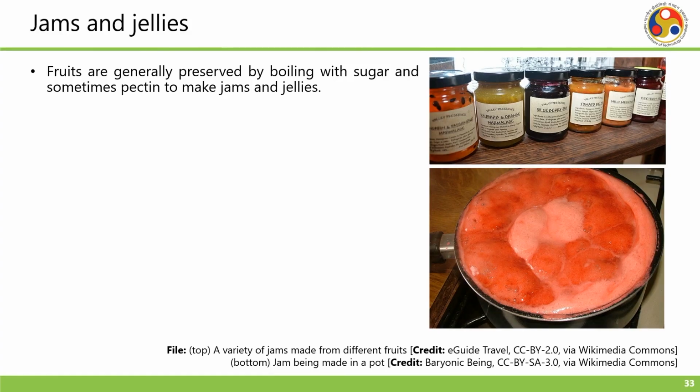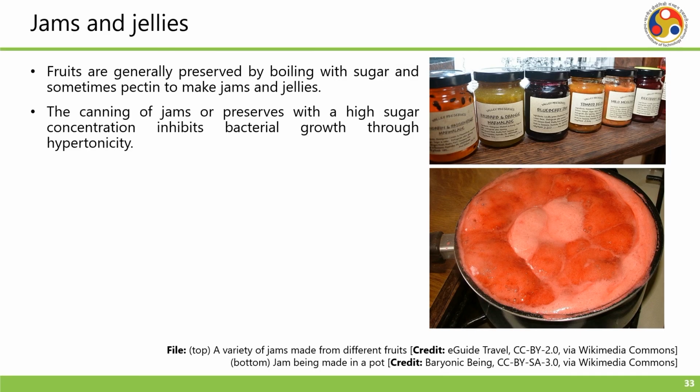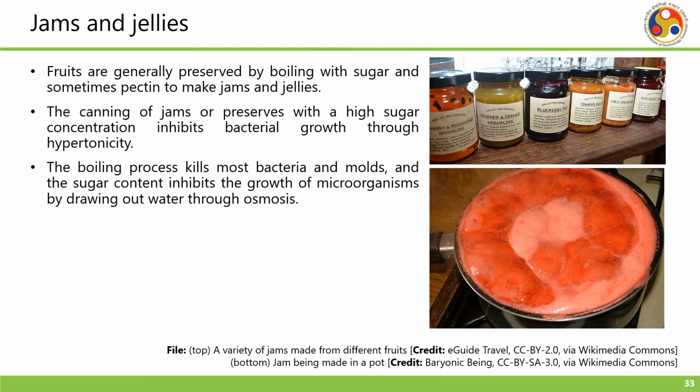Similar to salting, the use of sugar, a high concentration of sugar, can also control microbial growth. For example, we see in jams and jellies, fruits are generally preserved by boiling with sugar and sometimes pectin to make these jams and jellies. So, the canning of jam or preserves with a high sugar concentration inhibits bacterial growth through hypertonicity. The boiling process kills most bacteria and molds, and the sugar content inhibits the growth of microorganisms by drawing out